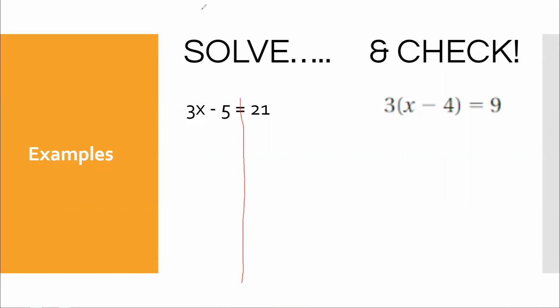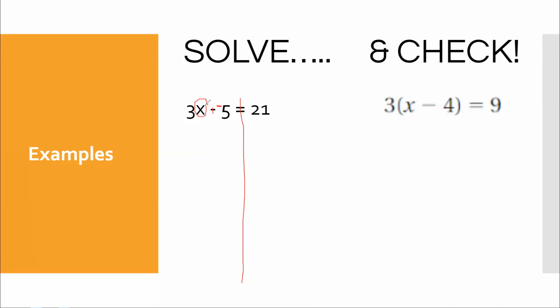Next thing I have to think about is KCOing my subtraction. So that's what I'm going to do next. I see subtraction here. Keep, change, opposite. So now we have 3x plus negative 5. Next thing is simplifying. I don't see any simplifying we need to do. That has an x term. That doesn't have any variable at all. And this is just 21 by itself. There's no distribution that I need to do, so I can move on to step 4, which is circling my